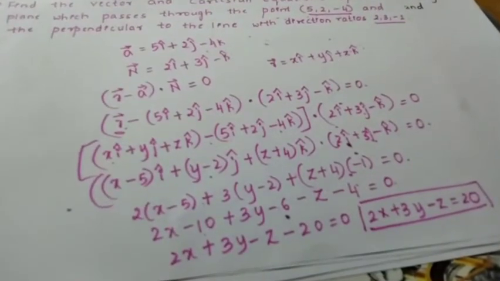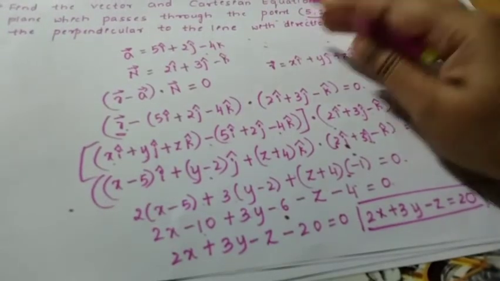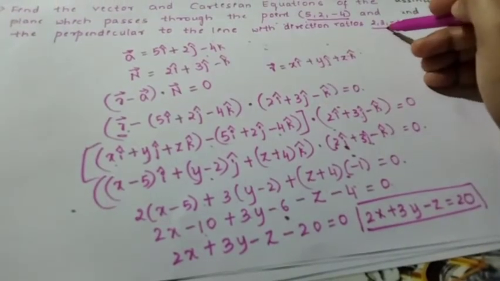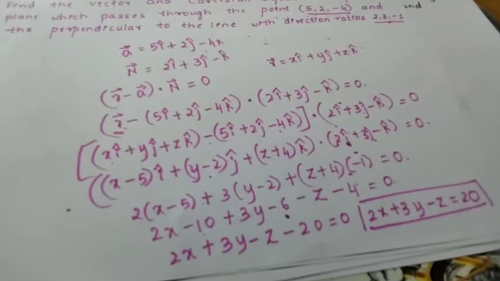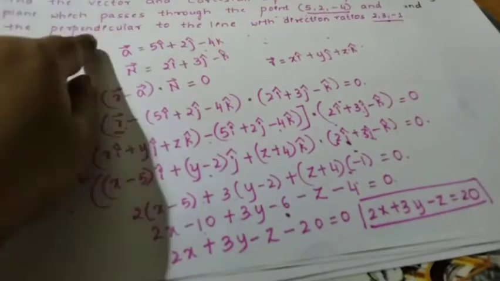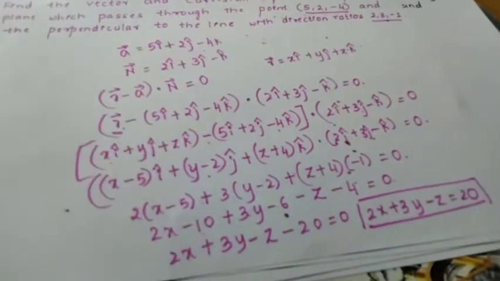Okay. So first, 2 points are given, and the direction ratios of something perpendicular to that point are given. Then what should we do? One you have to take as a position vector a, the other one is the normal vector n. Why? Because it is perpendicular to the line, they have given. Perpendicular means normal only. Okay, now r minus a dot product with n is equal to 0. R keep it as it is, a value and n value you have to substitute. Okay, so that will be the vector equation.